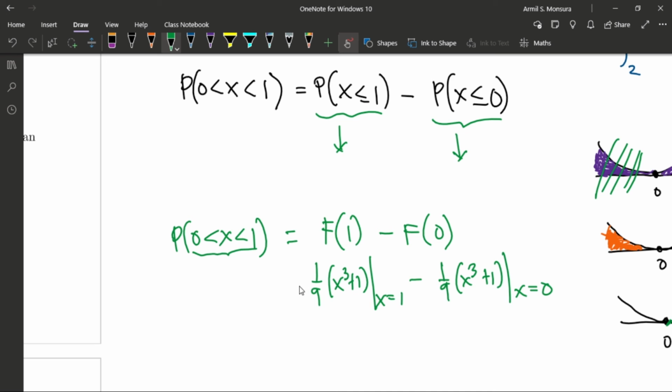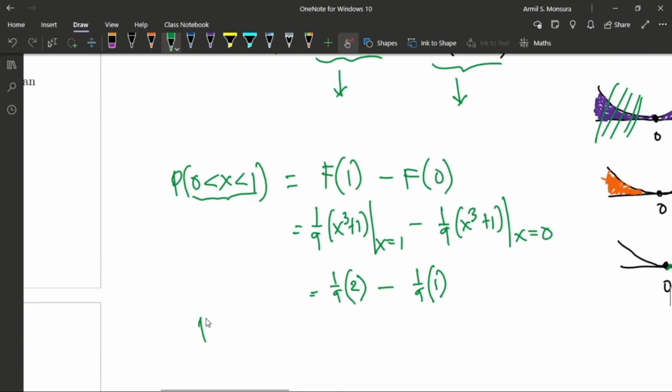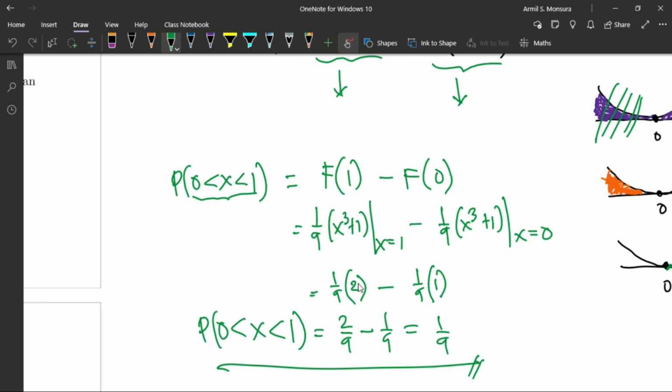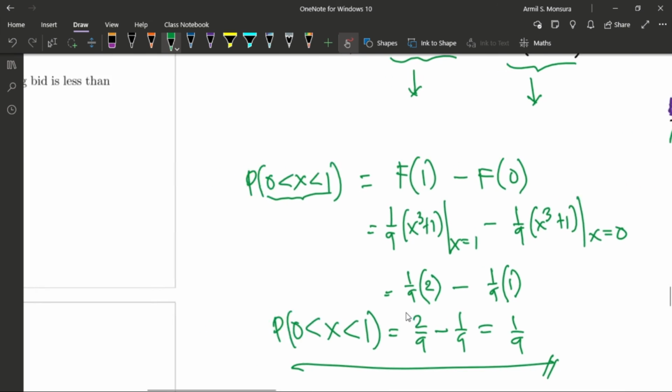Okay? So evaluating this, we will have 1/9 times 1 cubed plus 1 is 2. So this is 2. Okay? Minus 1/9 times 0 cubed plus 1. Okay? 0 cubed is 0 plus 1, so that's 1. Okay? So 2 times 1/9 is 2 ninths, minus 1 times 1/9 is 1 ninth. So therefore, the probability that your x is greater than 0 and less than 1 is 2 ninths minus 1 ninth, okay, equals 1 over 9. The same thing we got in an earlier example. Okay? So,